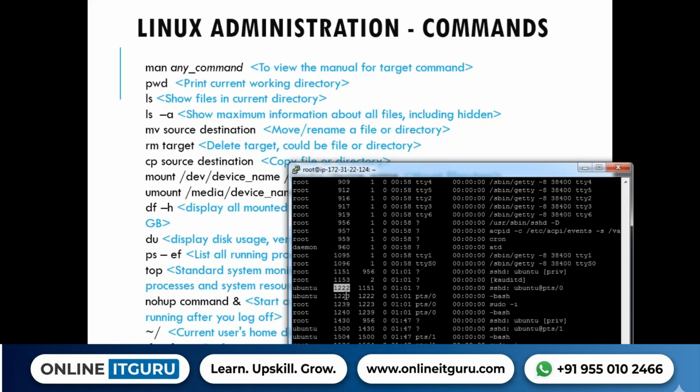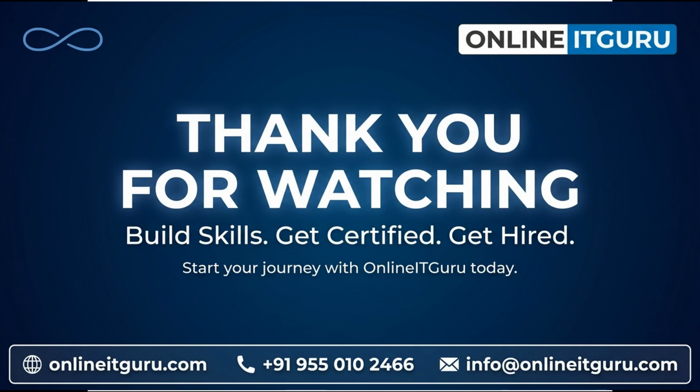Grep is also going to be useful here. For example, if you provide ps -ef and you want to search for only a specific process name, because this displays the entire process information and you don't want to display all of it, only the specific process you are looking for. For example, if you want to display the SSH process, just grep SSH. Now you can see only the SSH